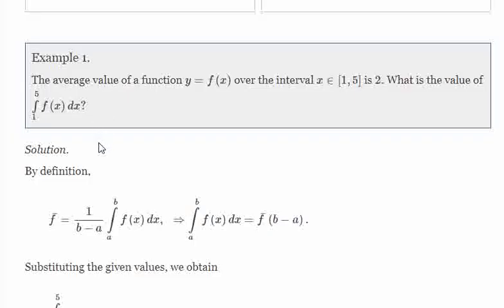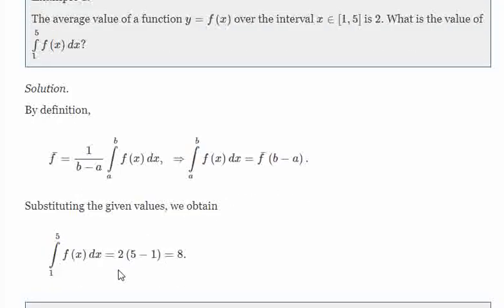Our first question is: the average value of a function y is equal to f of x over the interval x belongs to 1 to 5 is 2. What is the value of the integral 1 to 5 f of x dx? Here we have the average value of the function. We know the formula to find it. This is our required formula, and the value of this is 2, b is 5, a is 1. So the integral of 1 to 5 f of x dx is 2